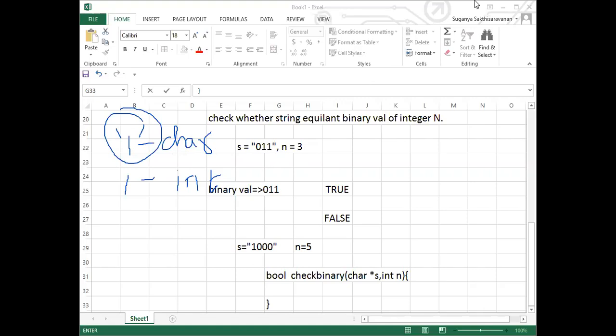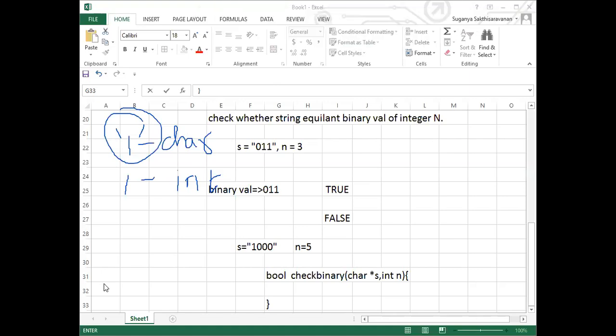What is it that you're doing here? S of i. Divya, here S of i is a character type. It's a character. Okay, fine.